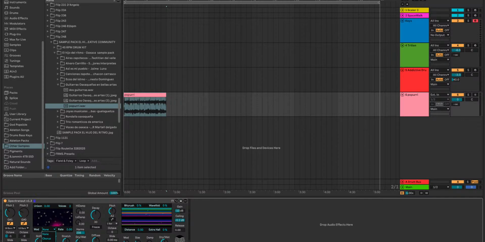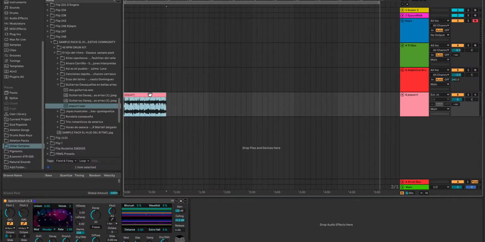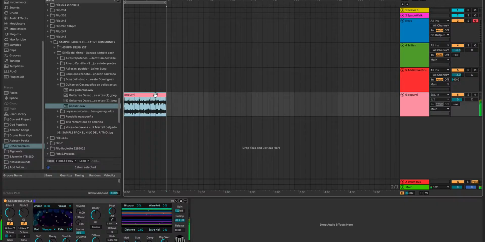So this mod here is like granular, Wonder, or chorus. So you can pick which one you want. I like the Wonder probably the most, and then we can adjust how much of a rate that is. So we're gonna put a loop on this. So that way when we play it,